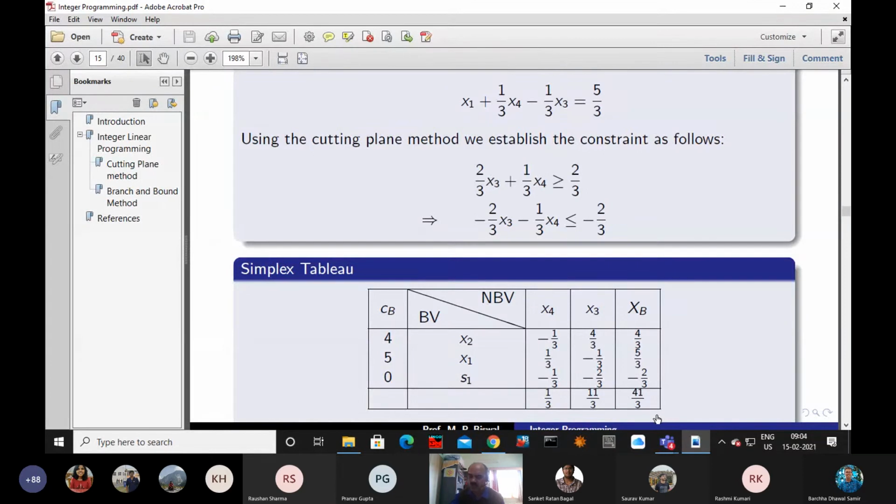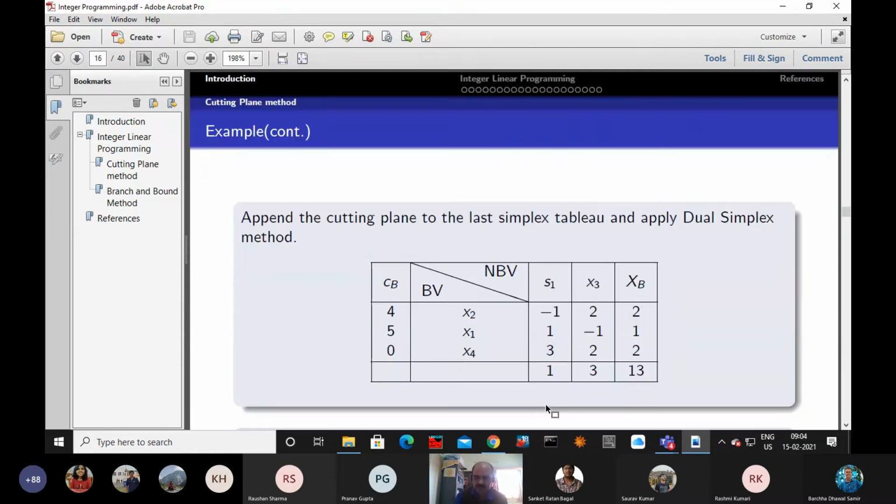So this is the row. And with respect to the column, what will happen? It is the negative of the division. This is minus 1, that is this divided by this with a minus sign. So minus and minus gives plus, and there is a minus sign. This is minus 1, and this is plus 1, and so on. The rest is the same as per the method. So this will be the table.